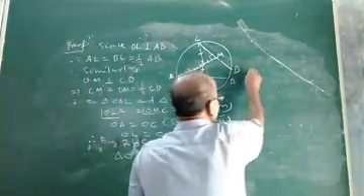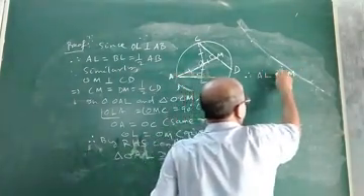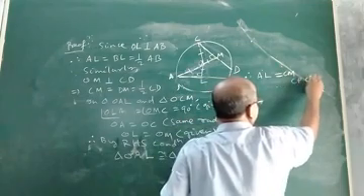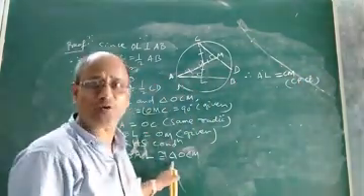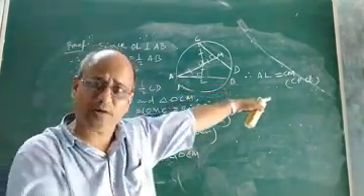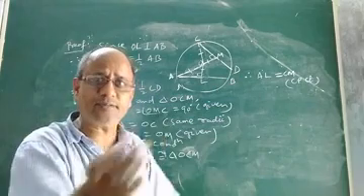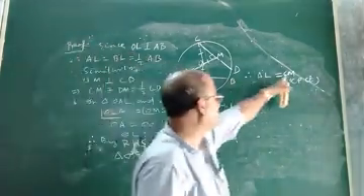Therefore, what will be the next step? The next step will be AL equal to CM. What is the reason? The reason is CPCT. Why CPCT? Because these two triangles are already congruent. We proved by RHS condition. So automatically AL and CM will be equal. It will follow. After congruency, the CPCT automatically comes into account. Okay. So AL equal to CM.